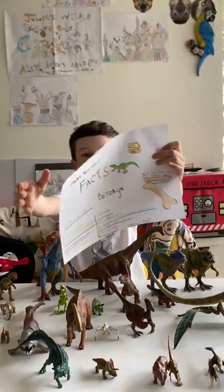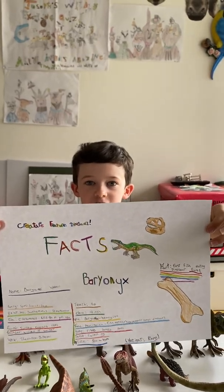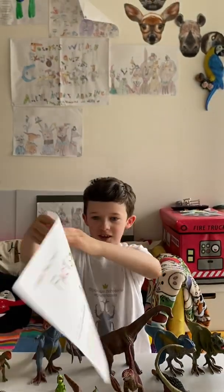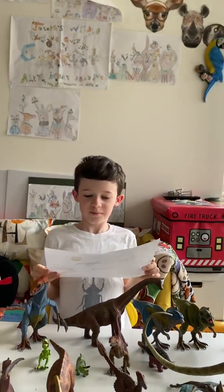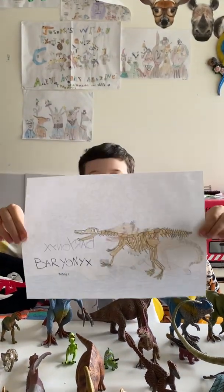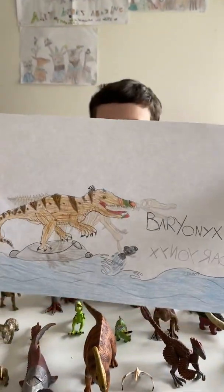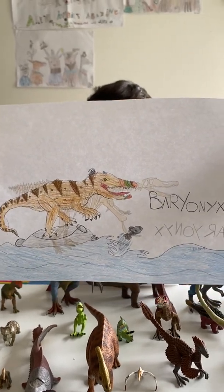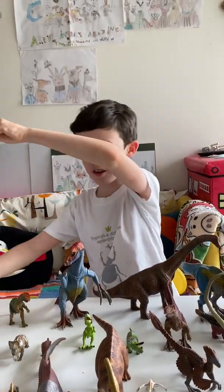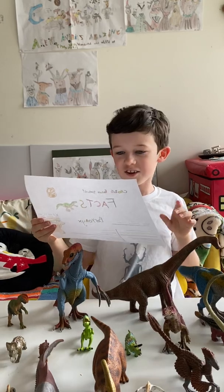Here I have got the Baryonyx fact sheet I have made myself with a little help with the colouring from some of my friends. And on this sheet I've got some cool facts about the Baryonyx. And just so you know, this is what the fossil of the Baryonyx looks like. And this is what it looks like with skin and things like that. A long snout and a colourful snout. I'm not sure why they have colourful snouts, but maybe scientists know. But the facts are